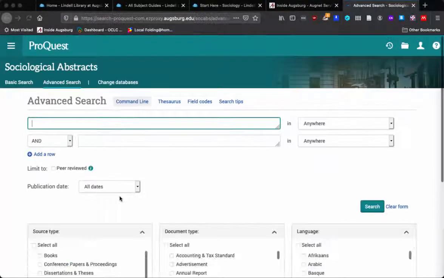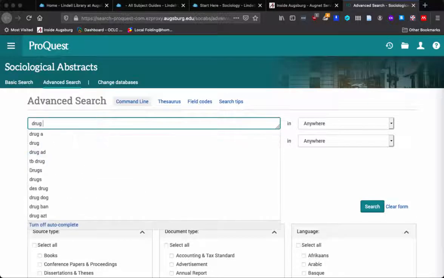Before you start searching, you should think about your research question and what search terms you'll use. For our purposes here, I'm interested in drug courts and I want to know if they work. I need to think about how we measure whether they work or not: if the recidivism rate is lower with drug courts than with traditional courts. So I'm going to search here for drug courts